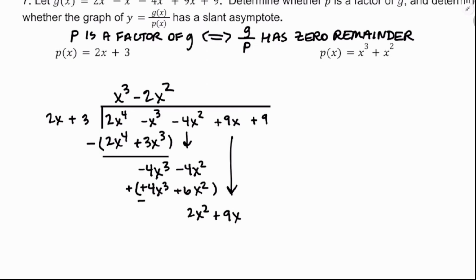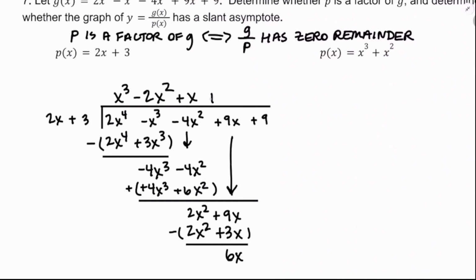Put that in there, and say, all right, now what do I multiply 2x by to get 2x squared? That's positive x. And then x times 2x is 2x squared plus 3x, and then we subtract that. This one just keeps going. And I'll have 0 and 6x. And so I'm going to add 3. Okay, this one is looking like it's going to divide cleanly, because the next step, I'm going to drop down